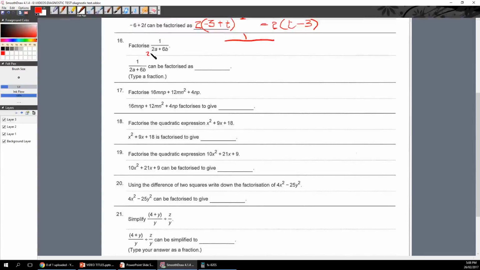2 times 1 is 2, and then an a, and here we've got 2 times a times 3. So we've got some factors of 2 going on in both of them. The common factor,